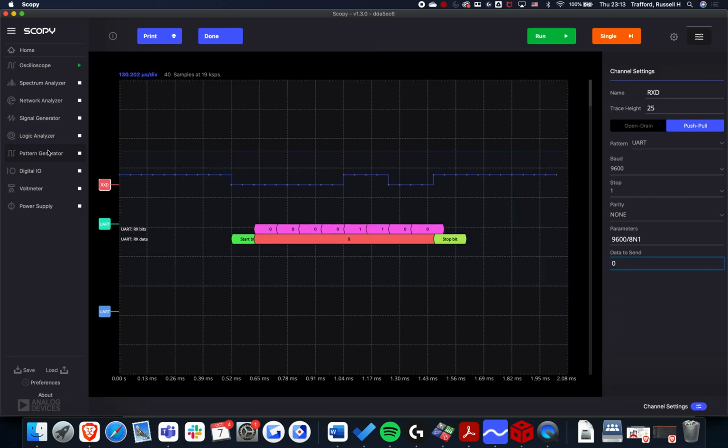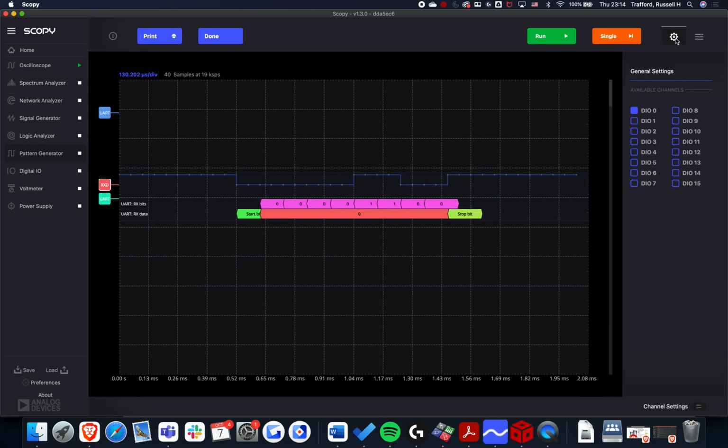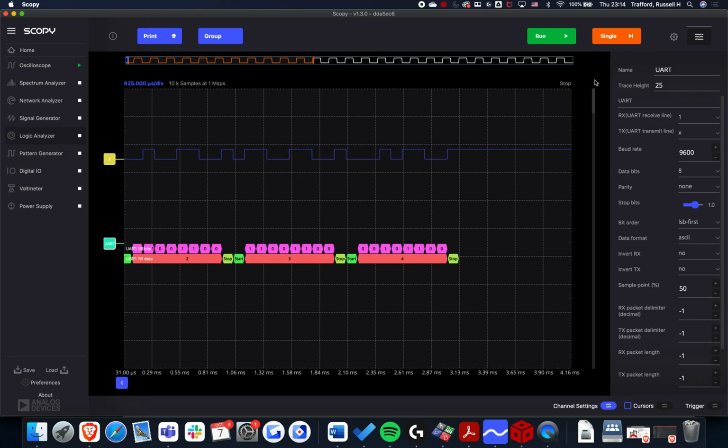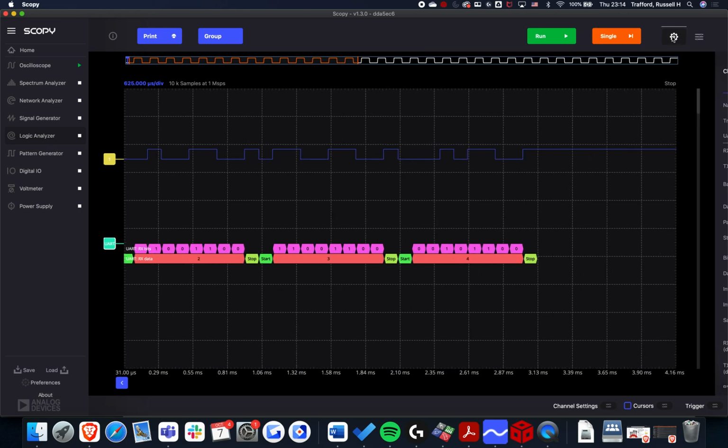So what I'm going to do here is I'm going to double check what pin everything's connected to. It looks like we are on pin, let's do my settings here. Digital IO 0. Sorry you're not seeing this on screen, but digital IO 0 is hooked into the receive line. Transmit is on 1. If I go to the logic analyzer and I clear this, that would be cool. Let me clear it real quick. I know one of the fast ways to do it is just go to the settings and like,